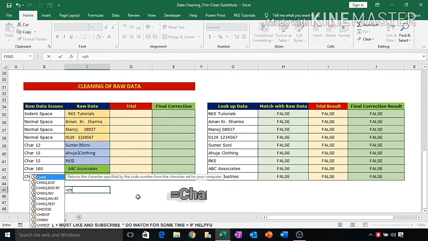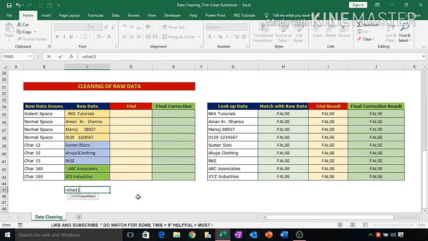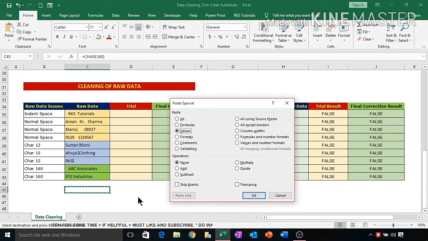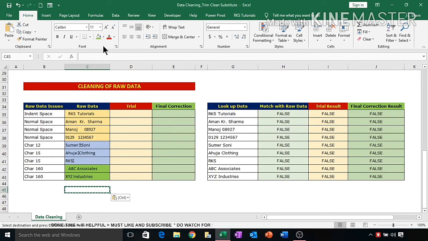Here you can see CHAR 160, so it will give this kind of character. If you copy and paste special, here you can check there is a space. You cannot see it, but here you can find it. So this is a non-breaking space due to the character 160.